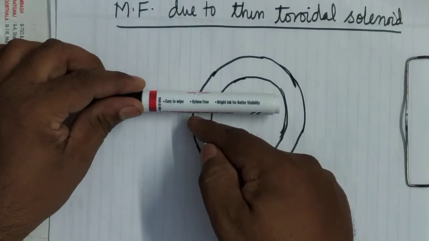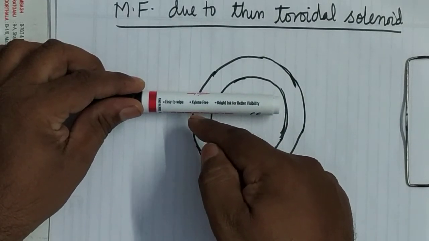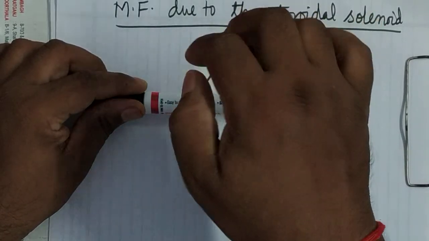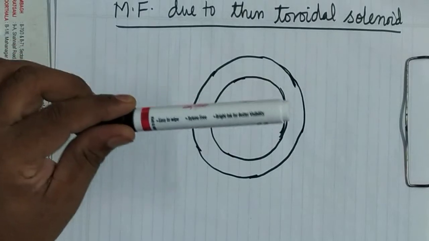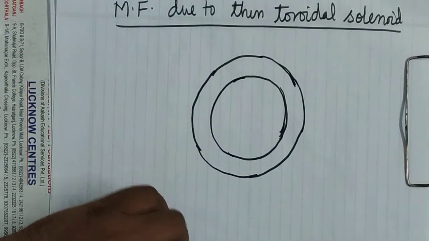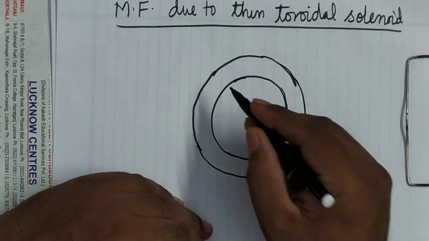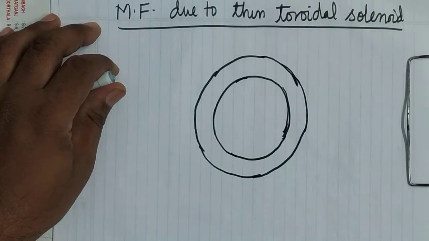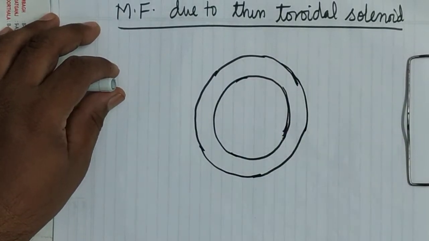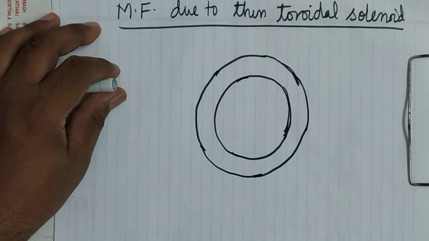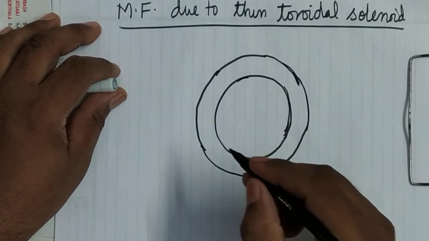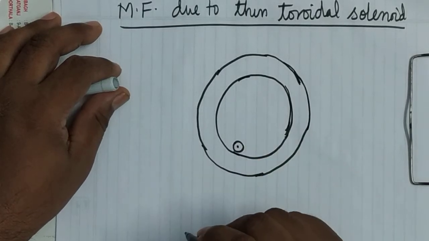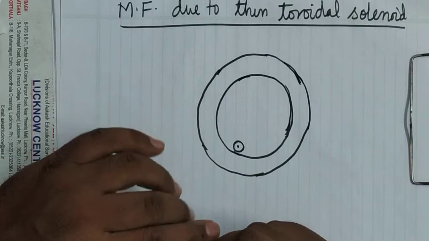It's clear. Here in this side current is flowing perpendicular to the plane of paper upward, and when that wire bends, in that side it will go perpendicular to the plane of paper downward. So here also the same thing will be there. In one side there will be current direction perpendicular to the plane of paper upward. In the other side it will be perpendicular to the plane of paper downward. Instead of making turns here, I am showing the direction of current, and there will be the same number of turns in either side.